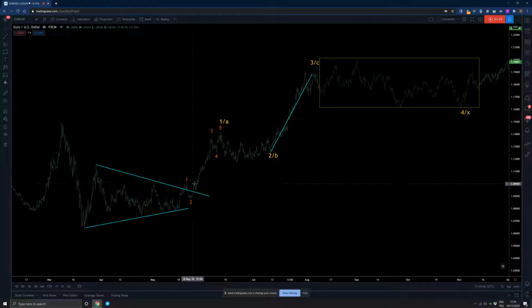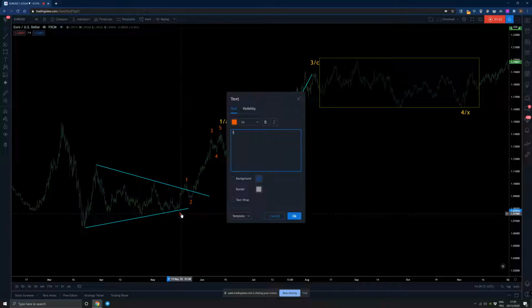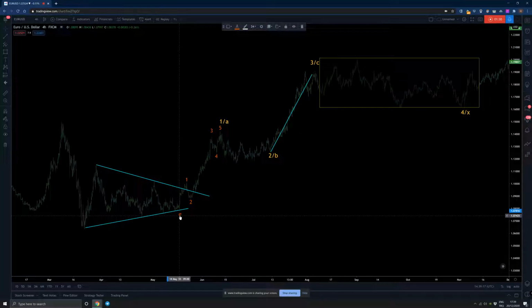In order for us to have this wave one here, you should say something like wave E in this degree. If you put wave E here, you need to have a wave D, and wave C, which is good, and a wave A